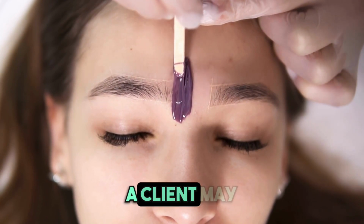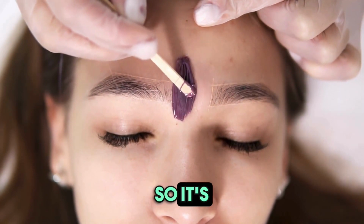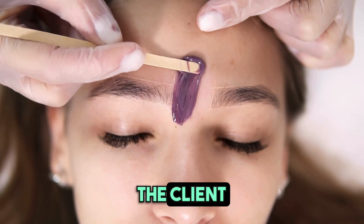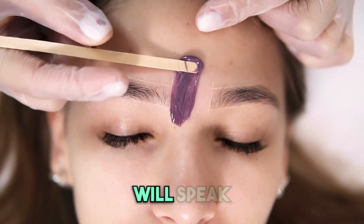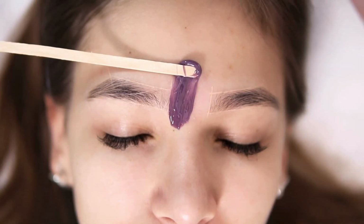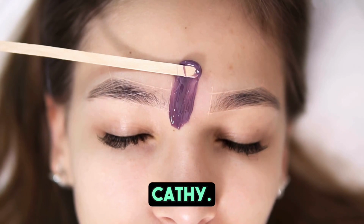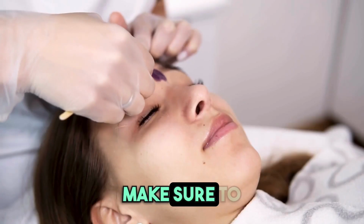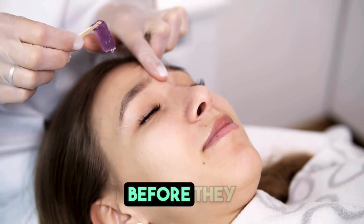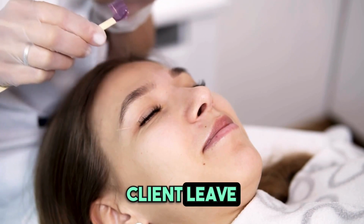As lovely as a client may be, we are not auditioning to be their new best friend, so it's important to keep the consultation brief and remind the client that you will speak more when they return for the service. This will help you prevent an overly chatty Kathy. Also, make sure to do yourself a favor and take a deposit from the client before they leave to book their future appointment. Never let a client leave an interaction with